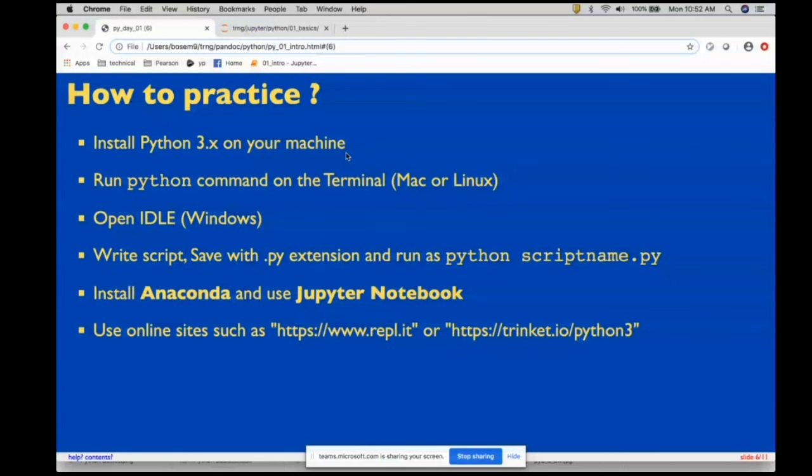With respect to the current situation, let's say you can't install any of those things. There are several online sites which might be accessible to you. Like there is a site called repl.it or trinket.io/python3, and there are other sites like onlinegdb.com, or Python Anywhere. There are several sites where they will provide the Python shell for you, and